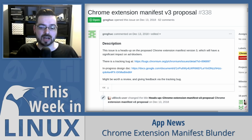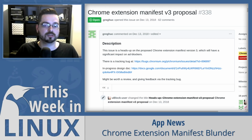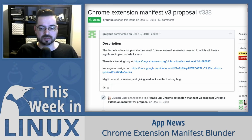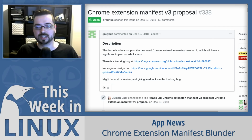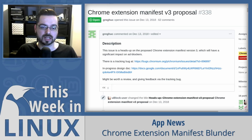But it'd be interesting to see how Opera, Vivaldi, Brave, and the other Chromium-based browsers react to this. Because if they go through with this manifest change, it also means that all of those browsers, like Opera, Vivaldi, Brave, etc., would no longer be able to use these extensions either. So I'm curious to see what happens. And if you would like to learn more, I'll have a link to the GitHub issues that discussed the particular change, as well as the manifest document, and even the thread about the issue from the document in the show